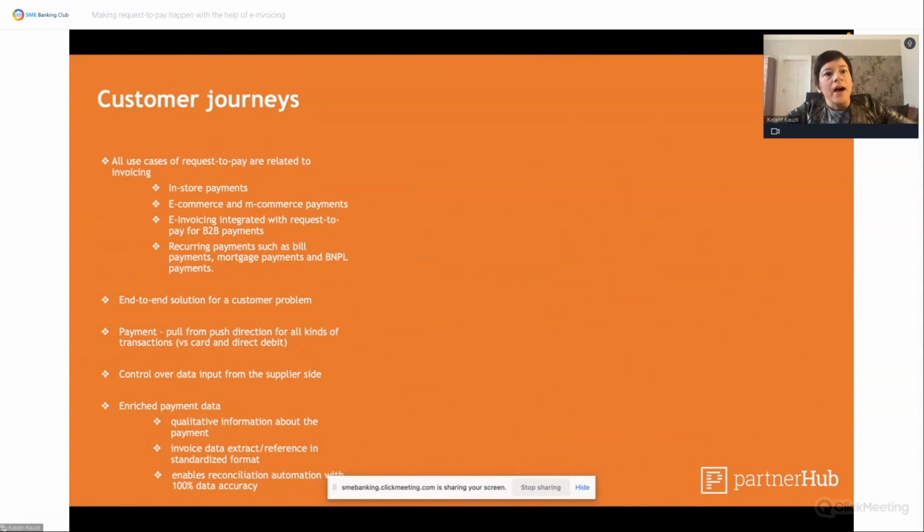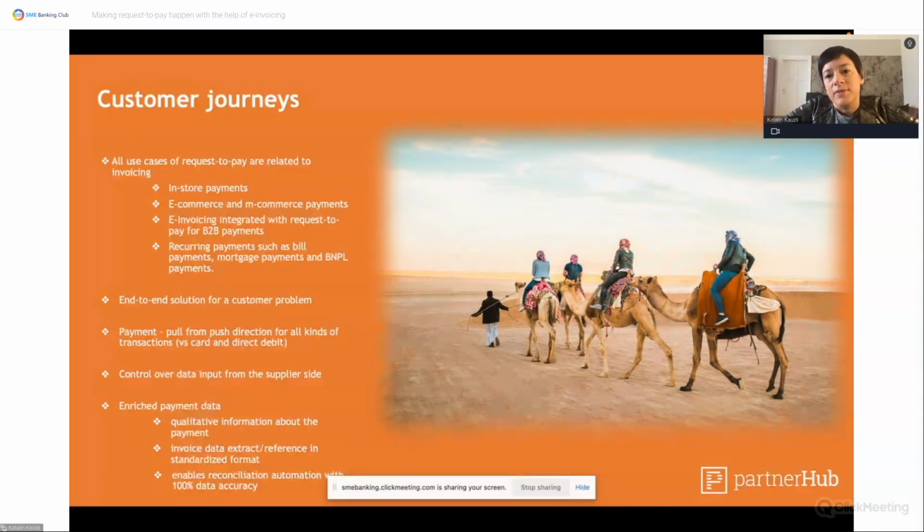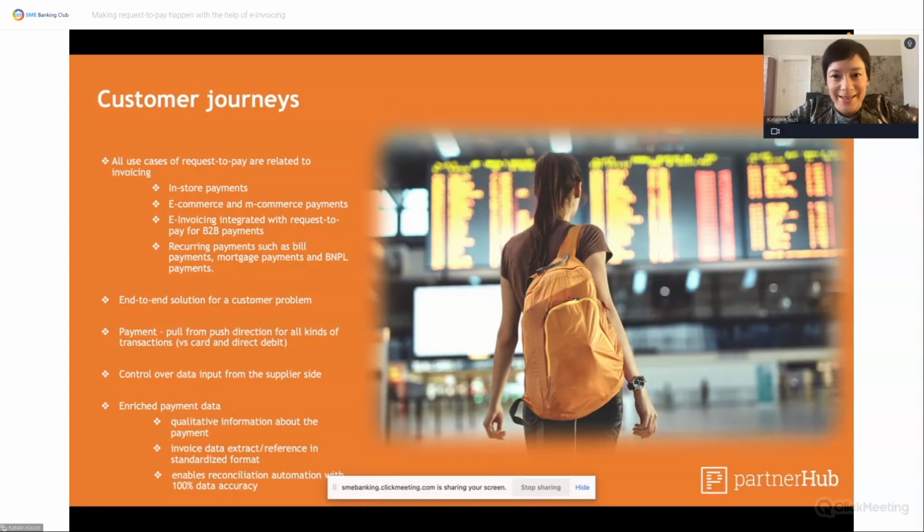And how it can happen and why it will happen and why request to pay is such a good thing is that the customer journeys with request to pay will radically change from this current experience to this kind of future experience. Why I'm saying this is that